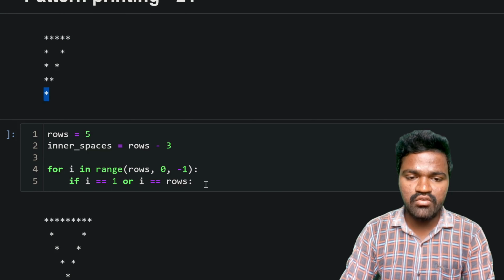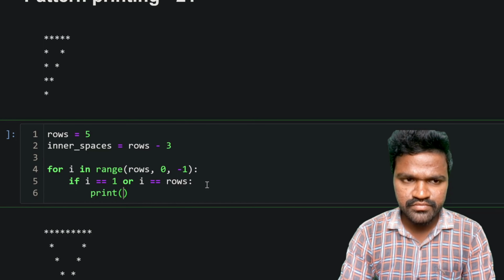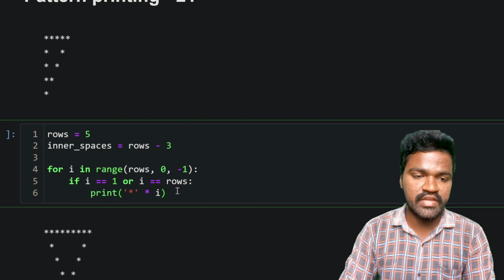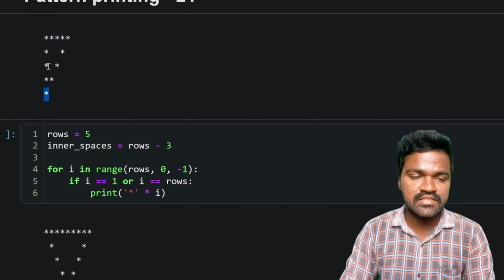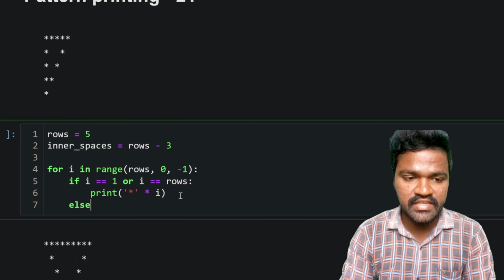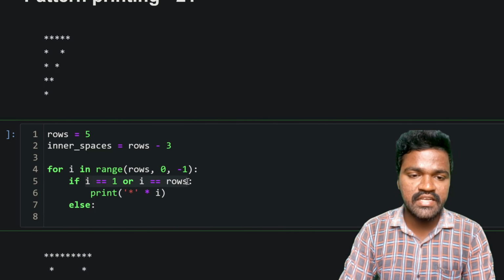If we are encountering first row or last row, at that time what we will be doing is that we will be simply printing this particular star with how many number of times that we are iterating through this value, which may be 1 or which may be how many rows that we are having. So by using this, we can actually print this first row and last row just like that the stars are present. If this condition fails, at that time we will come to